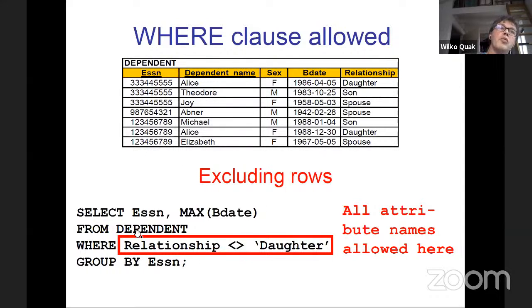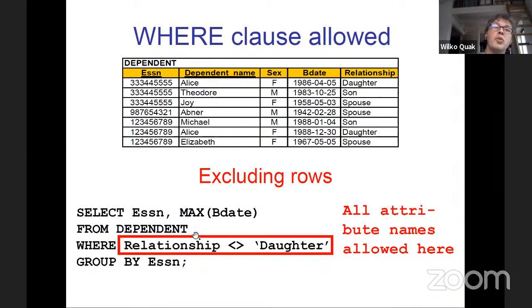So you start with the from, and this where, and then all the people that are not a daughter are removed, and then the group by is done, and then